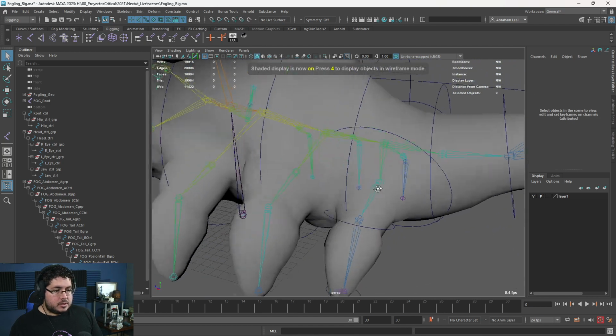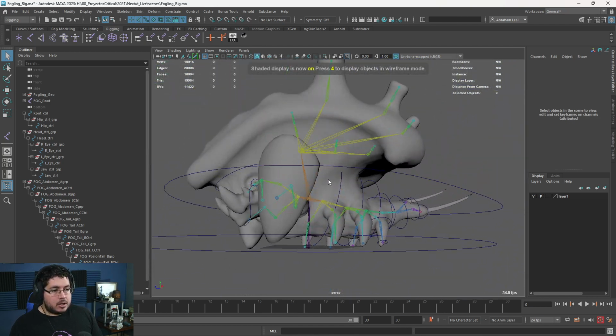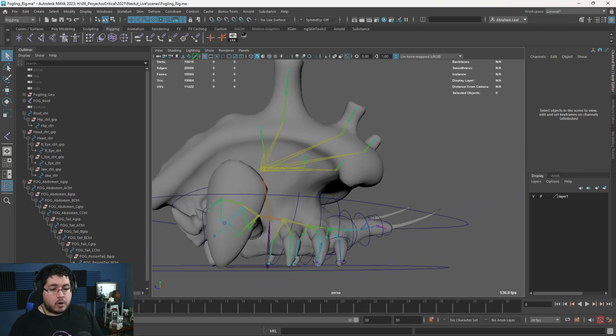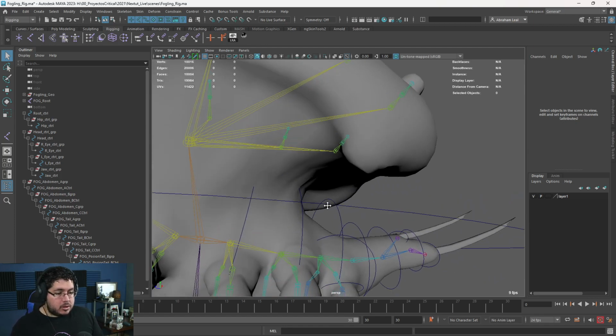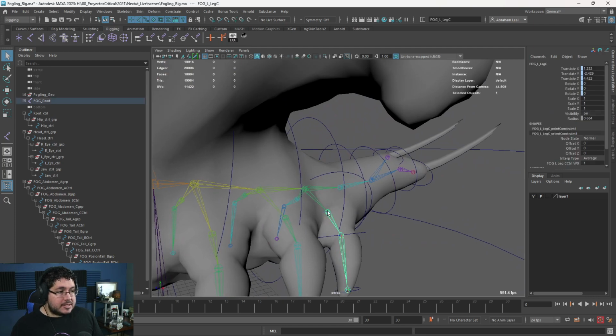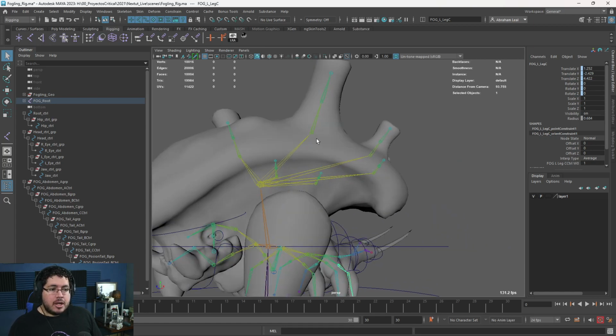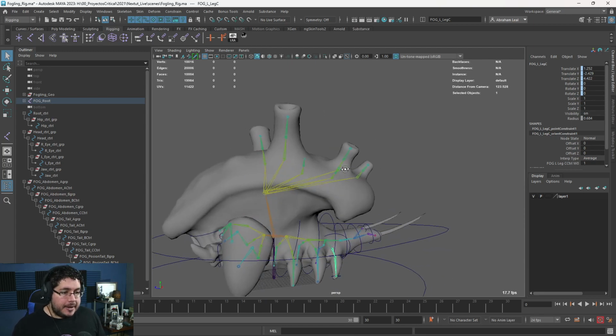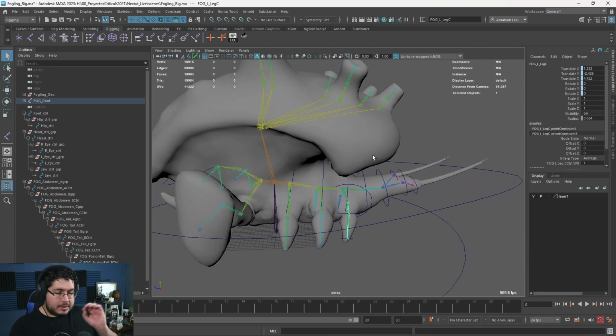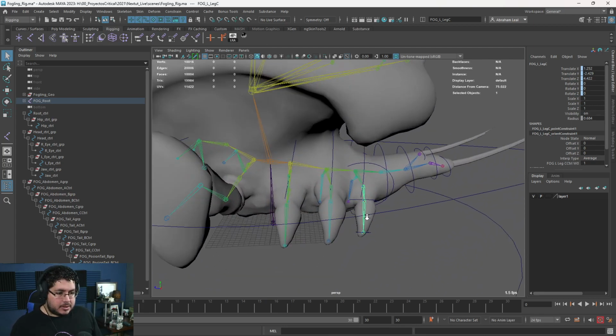There we go. This is one of the slow things about this whole thing, that you need to do this per element. One important thing though, if we select the joints, you're going to see that this array only works for translate and rotate. So it only translates and rotates the elements. It does not scale them, which is what we're going to need on these guys right here. We're going to need the scale. So even though we can use the script, we're going to have to do something slightly different there to fix the scale part of things.